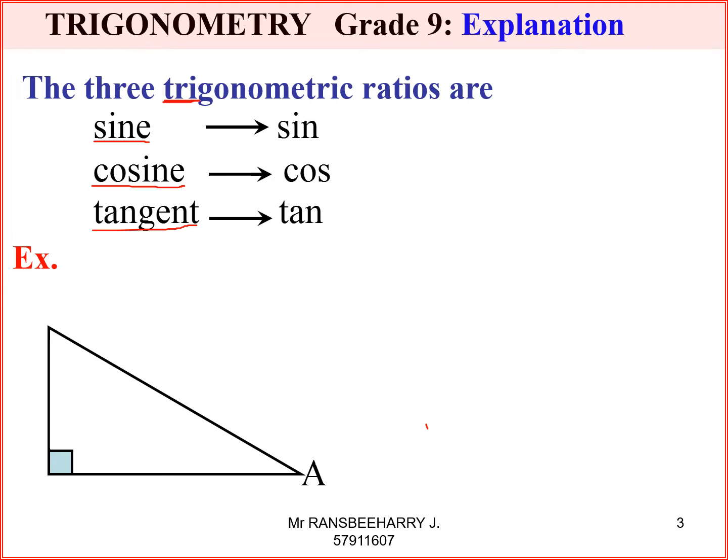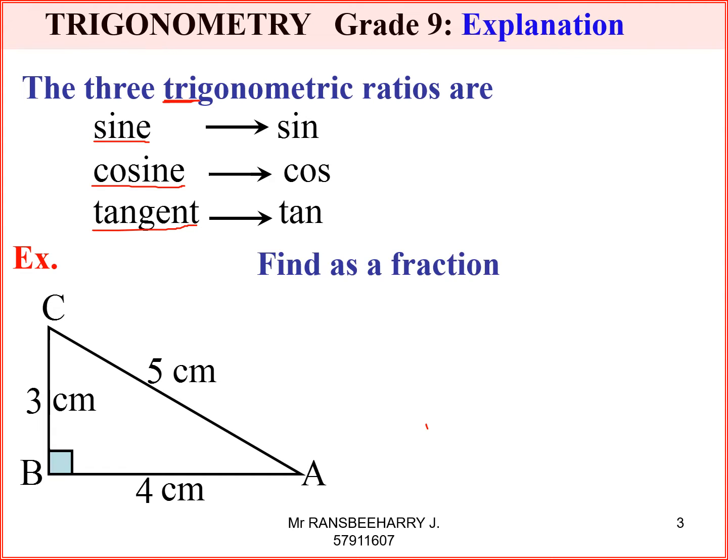So an example: we have a right-angled triangle ABC, with sides 3 centimeters, 4 centimeters, 5 centimeters. The lengths of the sides of the right-angled triangle are given. Find as a fraction, firstly,